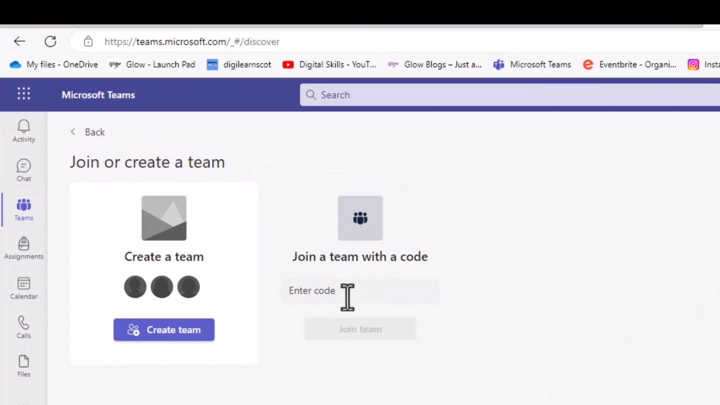You can either join a team using a code that someone else has shared to you, or perhaps they've shared a link to join the team. And if you want to create your own team,